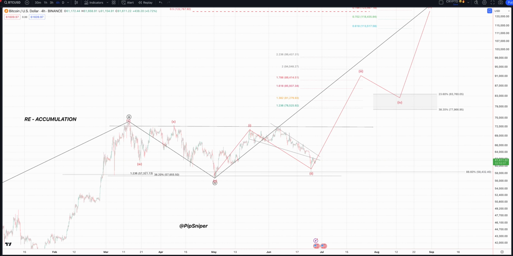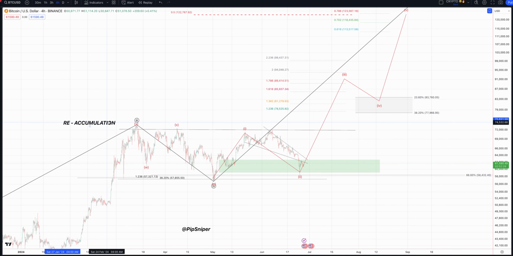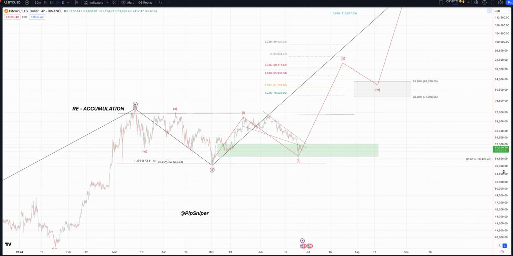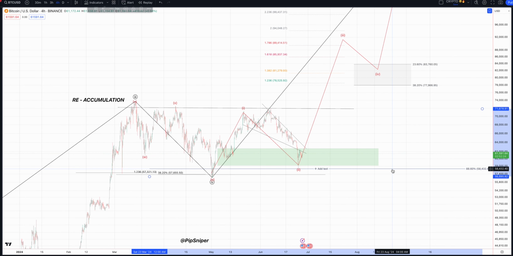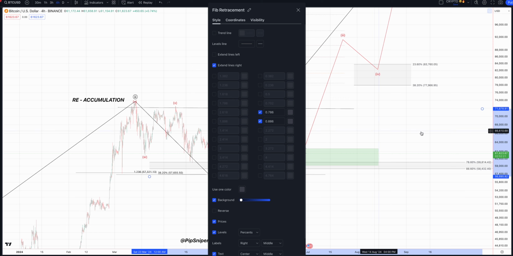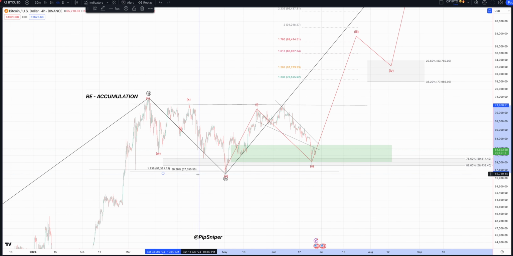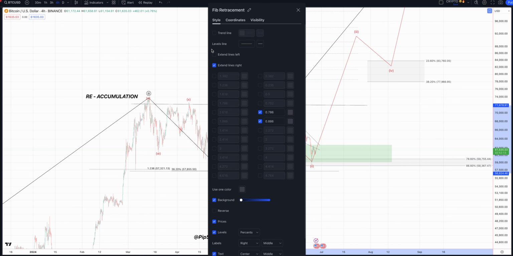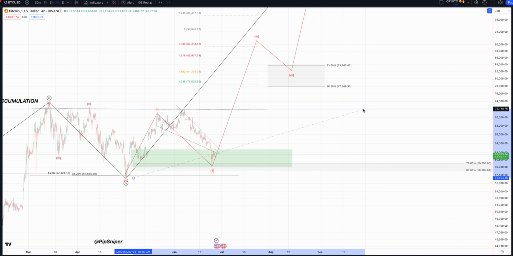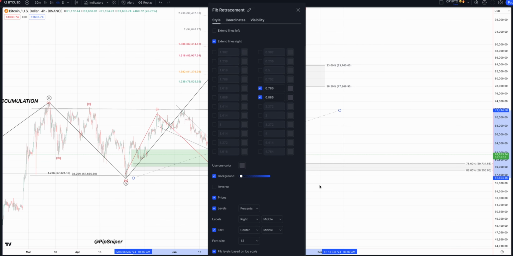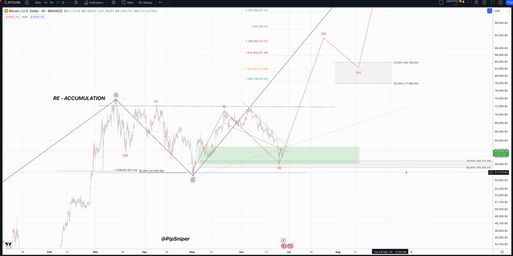What I'm expecting over here is just for the price to chop around here at the lows, continue to confuse people and retail traders before we see that grind. Now, it's very crucial that bulls hold this level right over here at 59,814. So if we take a fib from this low over here up to the range high, you can get these levels over here, the 0.786 and the 88.6% fib. So what I would expect is a grind to the upside now.